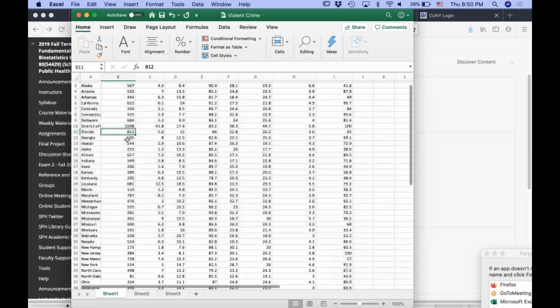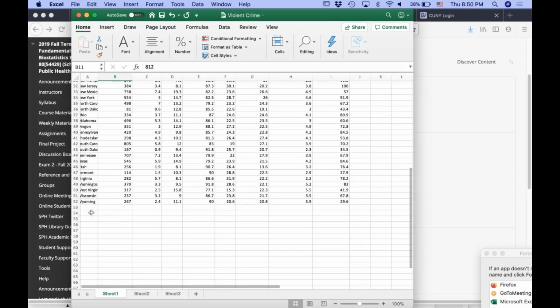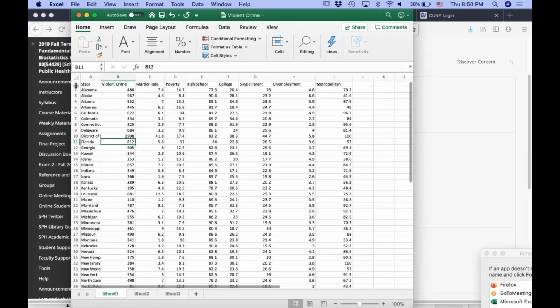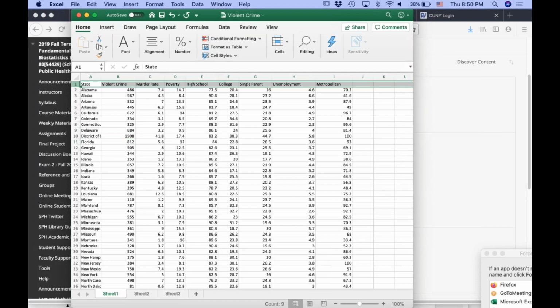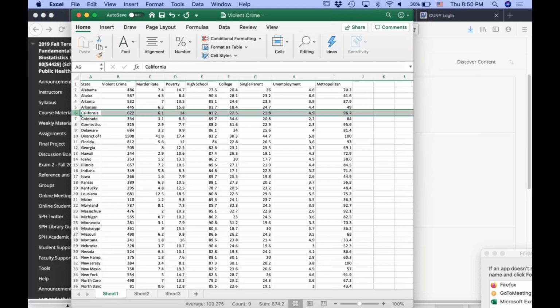So what do we have here? We have 51 subjects, because the top line is the titles or the variable names. What are these? These are all states, right? California. What's it telling us about California? It's telling us about the number of violent crimes, the murder rate. When they say murder rate, it's probably per 10,000 or 100,000 or something like that. Poverty rate, that's probably a percentage. The high school graduation rate, the college attendance rate, the percentage of single parent households, the unemployment rate, and